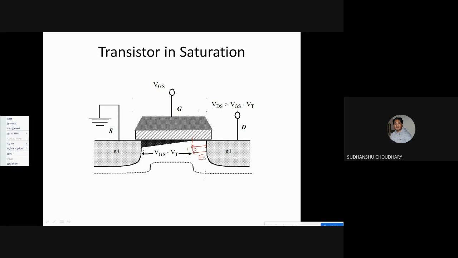So that I think we had explained, that because of the high electric field in this region, the electrons which come near the pinched off region will be swept away to the drain side. So because of that, the electrons are still able to move from source to drain, and thus you see the current also. But yes, the amount of current will not be linearly increasing with the applied VDS, so it will saturate.